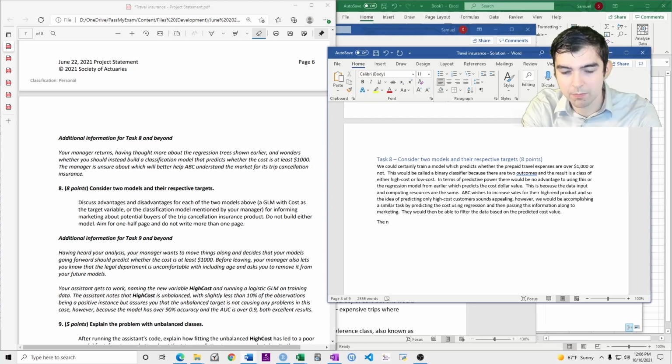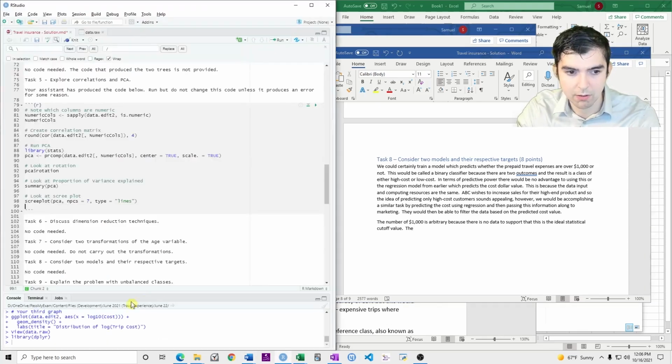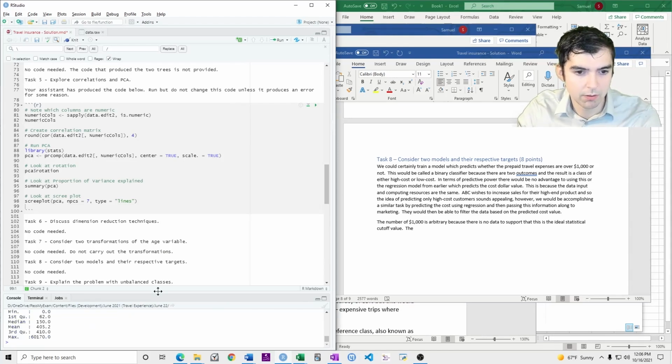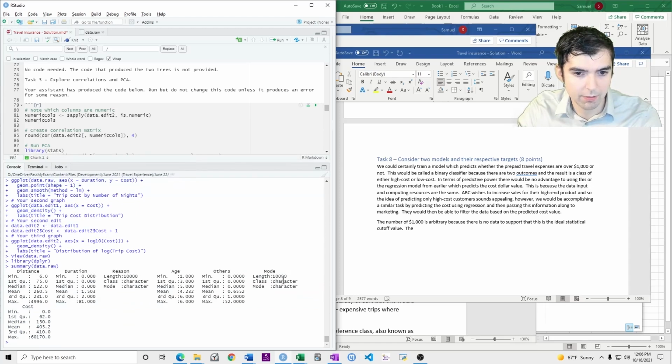The number of 1,000 is arbitrary because there is no data to support that this is the ideal statistical cutoff value. Let's look at the average cost, summary, data raw, and then look at cost.